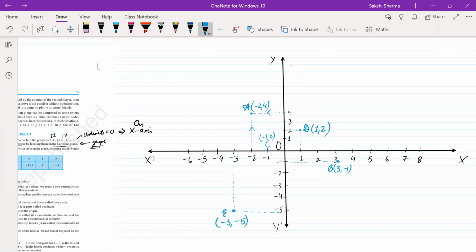That's it. And now you can verify whether or not these points lie in the quadrants as mentioned by you. So you can write down the answer on the graph sheet, or you can write down separately on the copy. D is in the first quadrant and E is in the third quadrant. Anyone with any questions?